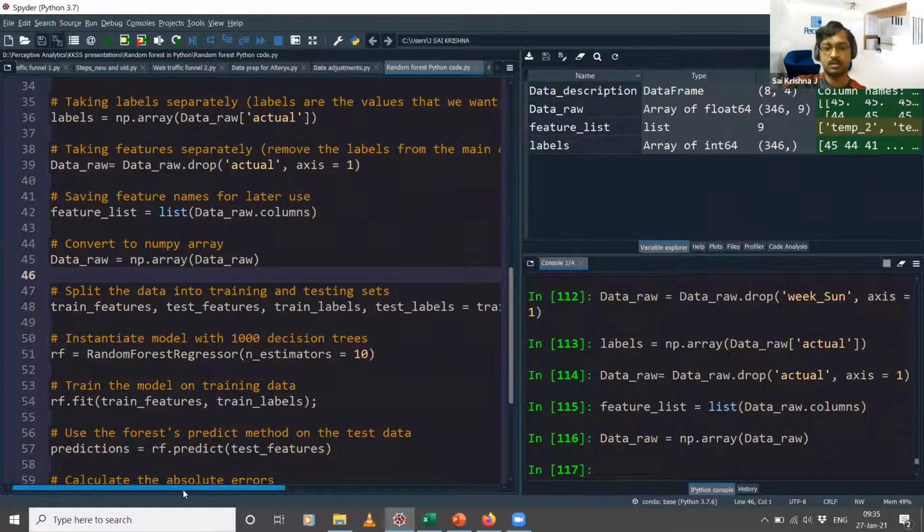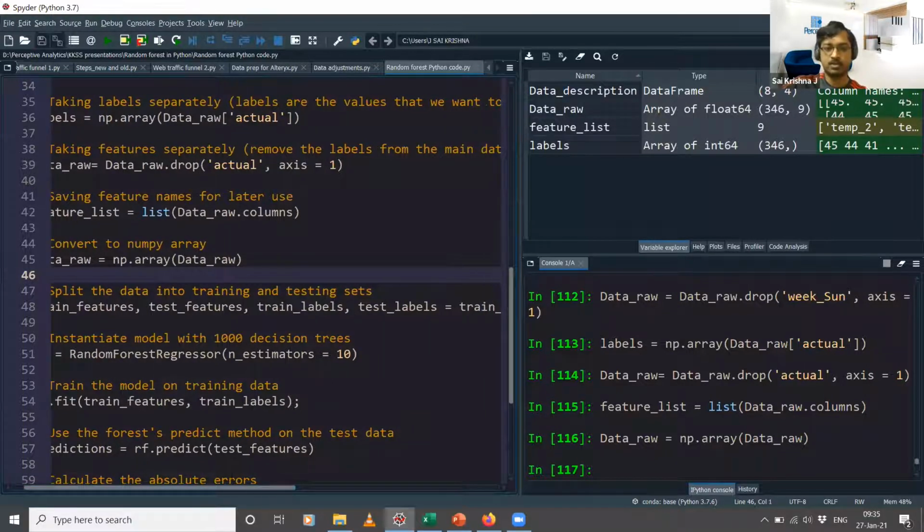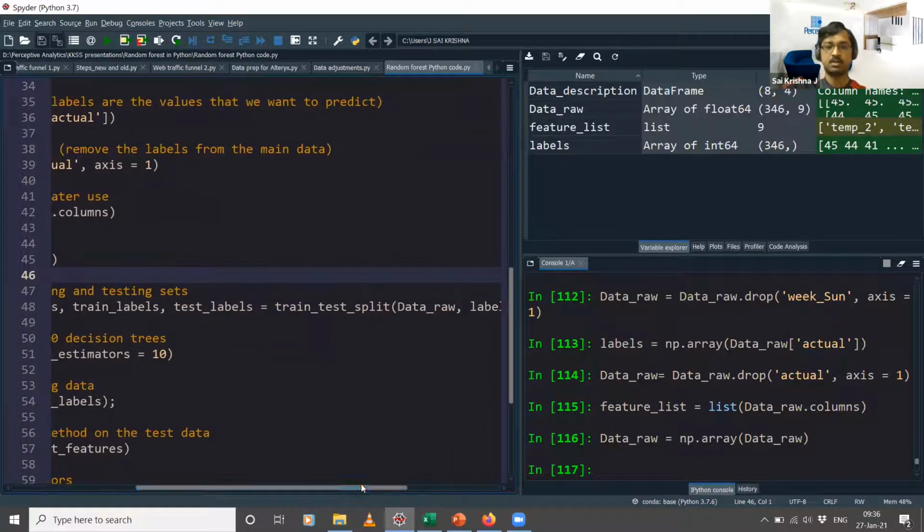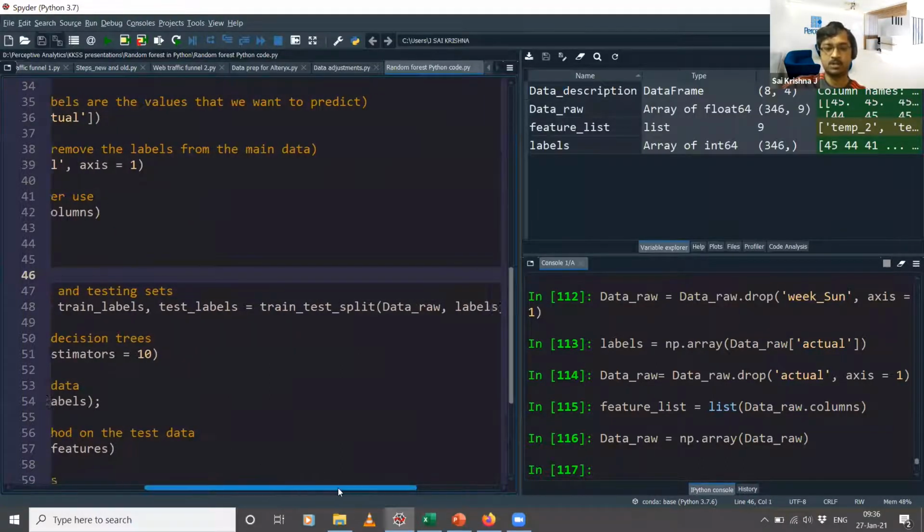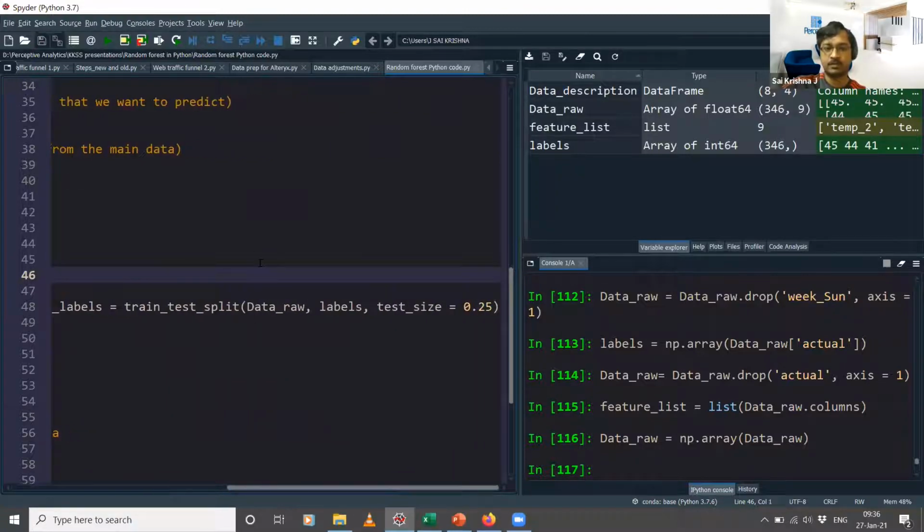So to get these 4 parameters, what you do is you use this function, train_test_split from the scikit-learn library. You just apply this function on this raw data set. You specify what are your labels, and you also specify the size of the test data. So right now we are saying please put 25% of the observations into the testing data, remaining 75% will be into the training data.